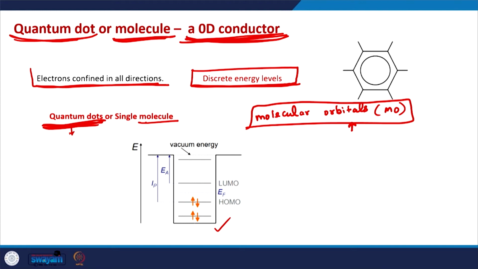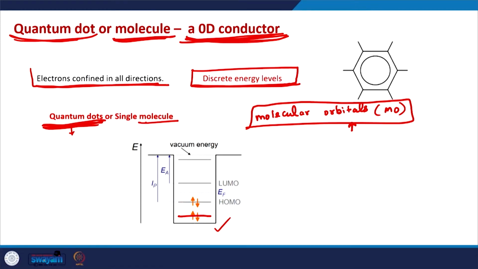So, once a quantum dot is formed, especially the outer shell electrons, the loose electrons in the atoms, interact with each other and form molecular orbitals. These orbitals will have discrete energies because electrons are confined in all the directions, and the electrons will be filled in these orbitals from the bottom, from the lowest energy to higher energy. So, there are several important terms here. One is the orbital up to which electrons are filled in a quantum dot or in a molecule, which is known as